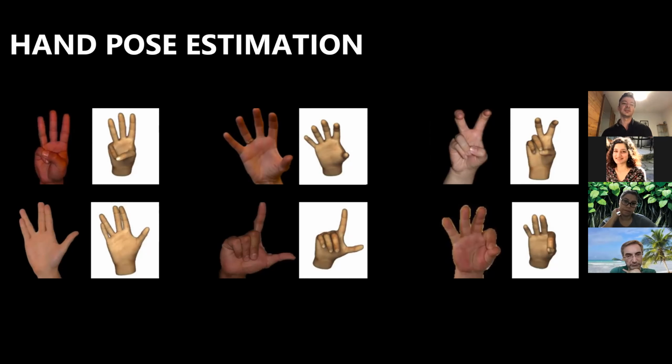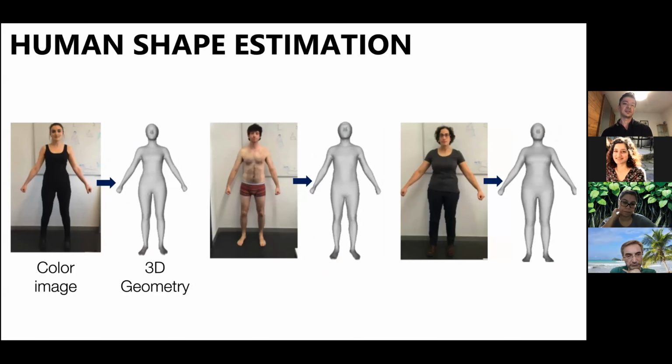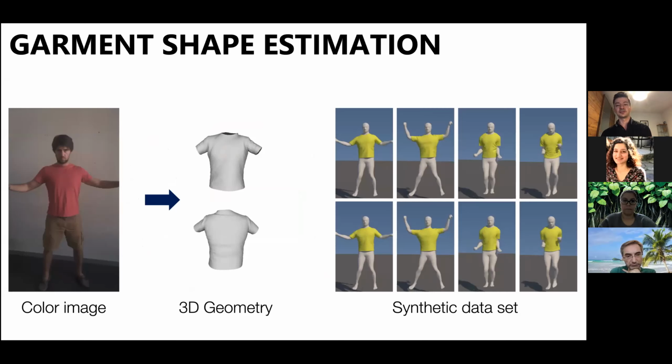So, for example, we used quite a similar idea to capture human body shapes from a single image. And then we also applied it to a bit more exotic objects, such as garments. One reason I wanted to highlight this particular garment shape estimation project is that we didn't have any real data in this case. This is also one big problem, of course, typically. If you want to capture objects with all the intricate details, and the capture system you have does not really allow that, the only thing you can do basically is resort to synthetic data.